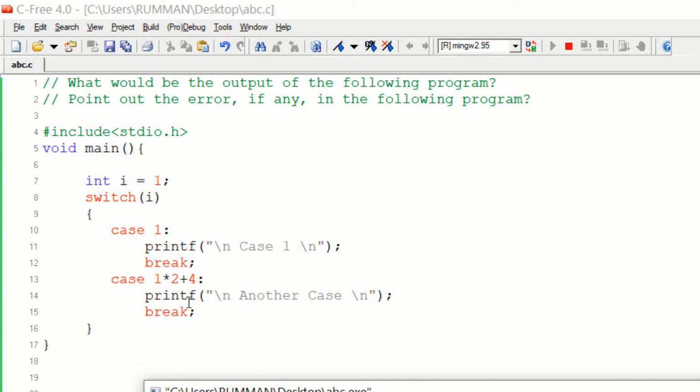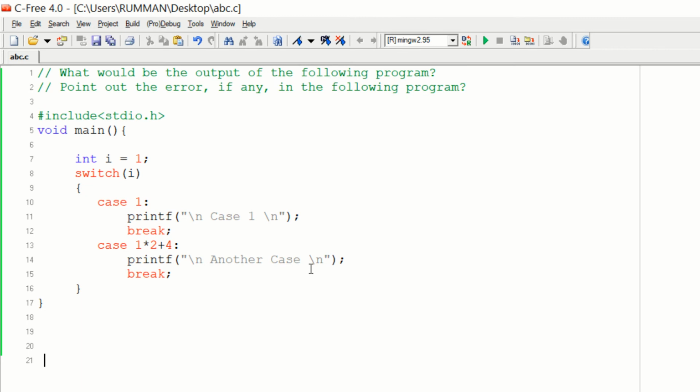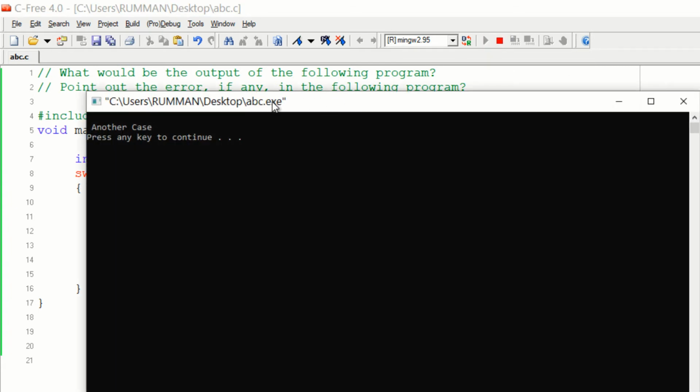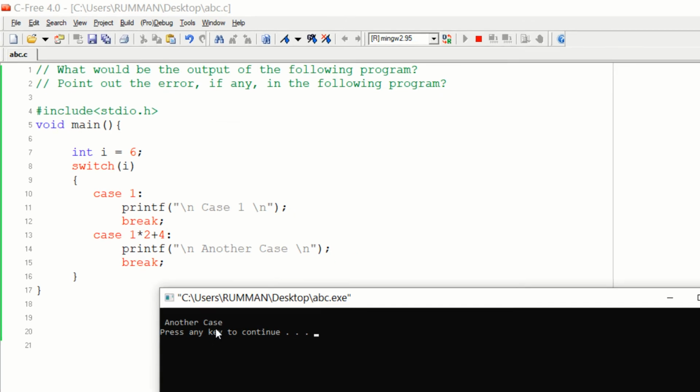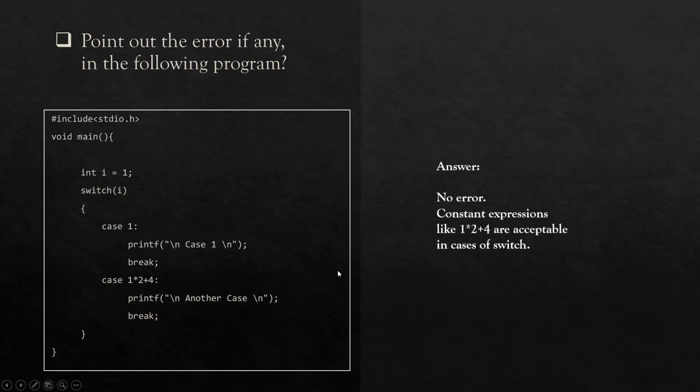If we want to go to the other statement, we have to give the value of i as 6, because 1 * 2 + 4 means 6. So if we put 6 here and compile and run again, it will print the other case. The conclusion is that you can give a constant expression like this.